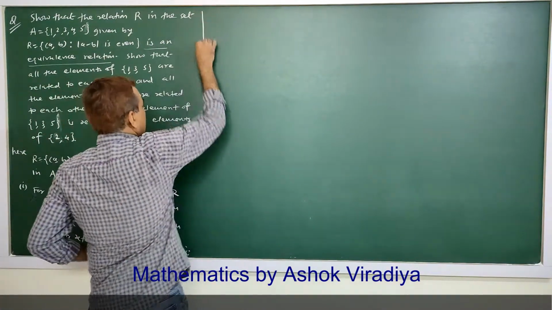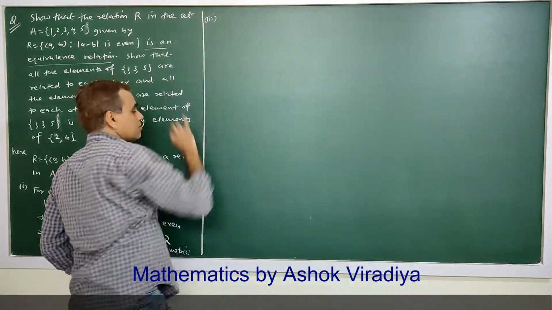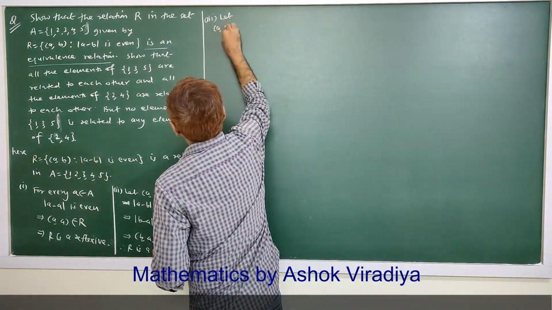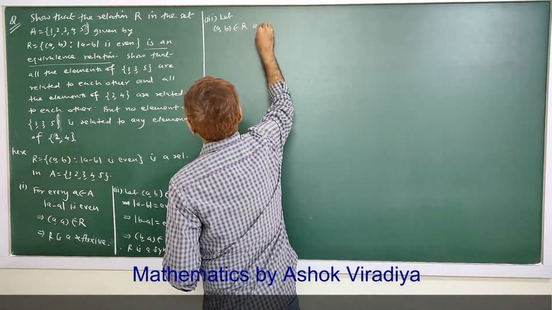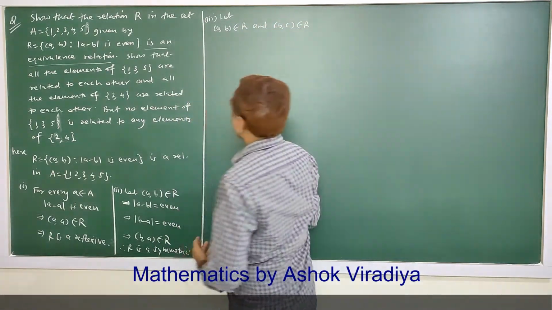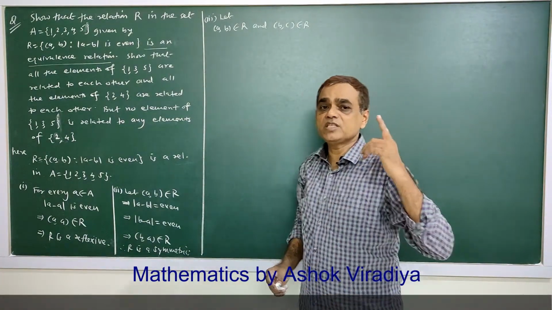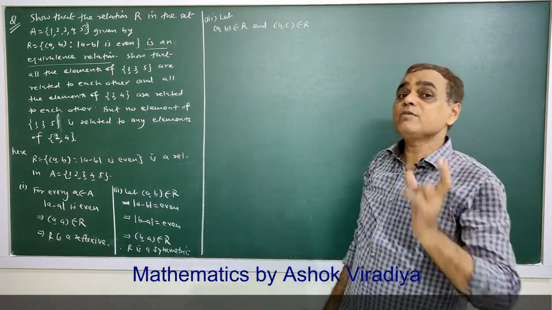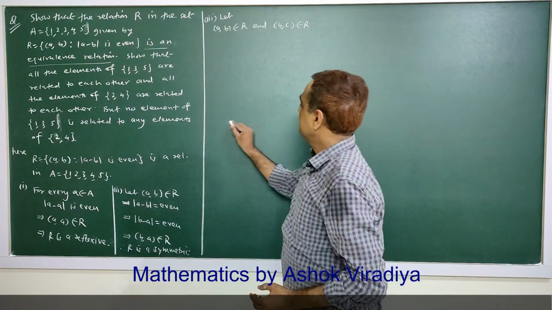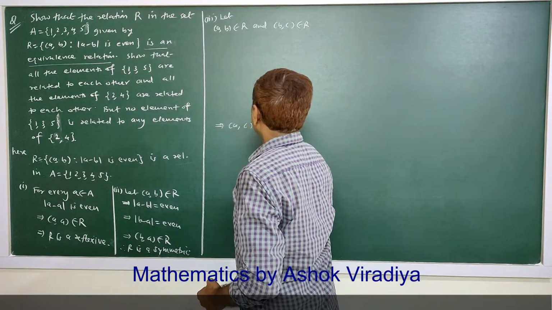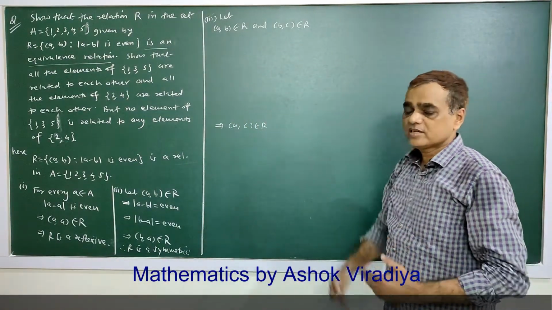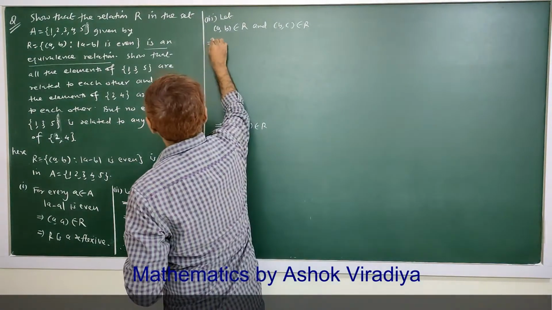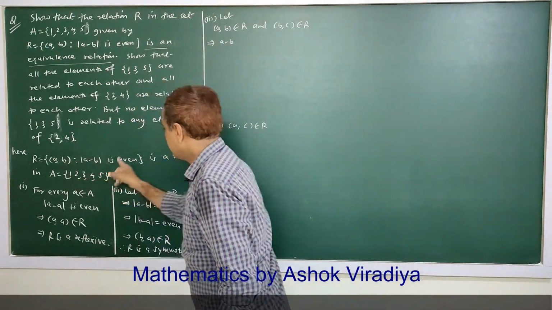Third property, we are going to check transitivity. For transitivity, let me take (a, b) belonging to R and (b, c) belonging to R, taking a pair of elements in which b is in common. See, b is in common. Now we want to check that (a, c) belongs to R. We want to reach this step, (a, c) belonging to R. If we can show (a, c) belongs to R, then it is transitive. Now see, (a, b) belongs to R, that means